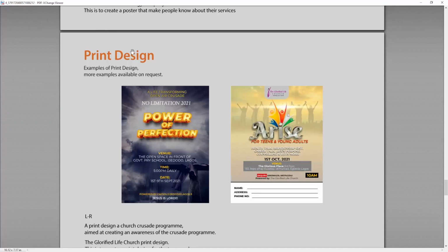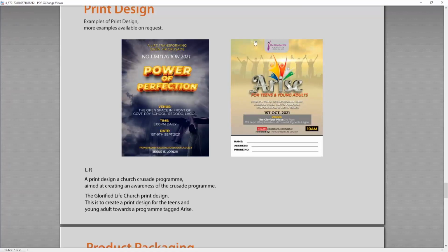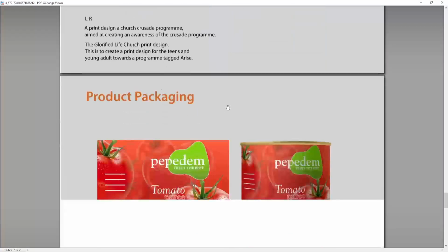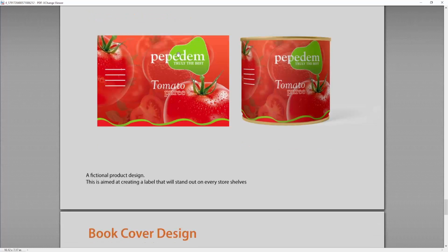You can put print design, and then you say personal project, and then you don't put the designs next to each other, except if this is coming from the same brand. Let's say this brand is still the same, it's still the same brand that owns this project. Then you can define what inspired the two designs. You don't just put design next to it. These are two different brands that you place their artwork next to each other, so you need to work on that. And then product packaging,